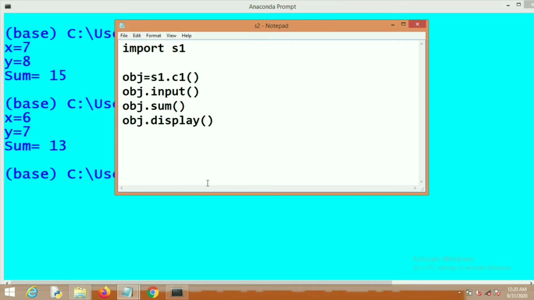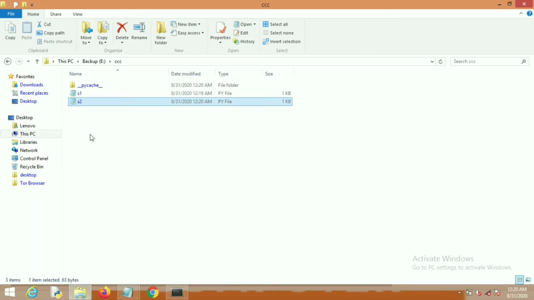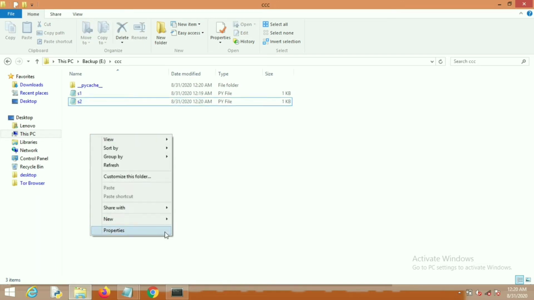Now the third step of our program. Suppose your s2 file or s1 file is in another folder, then how can you run one file from another file that is stored in another folder? Both files are not in the same folder.